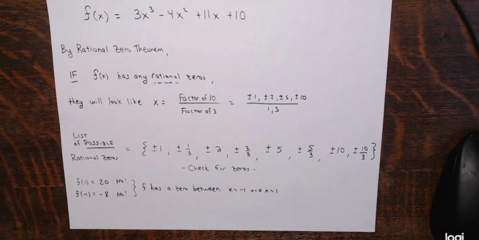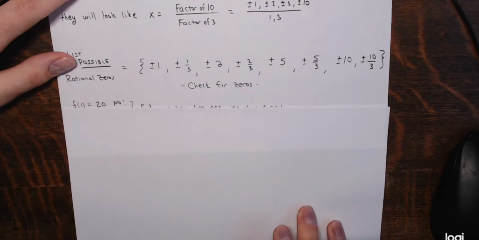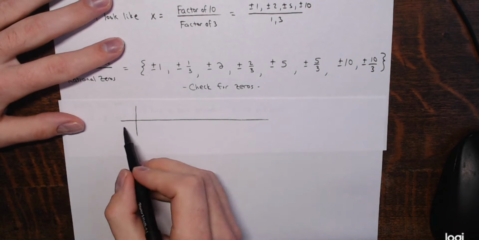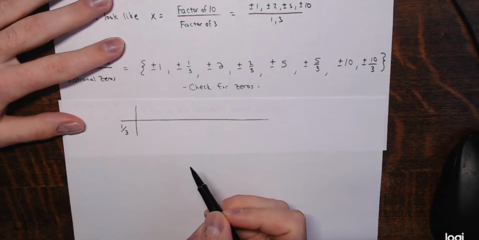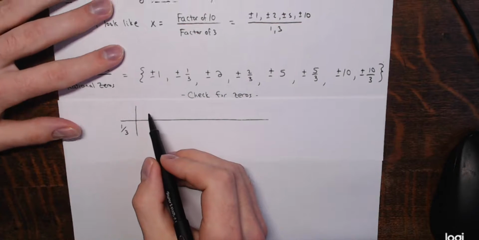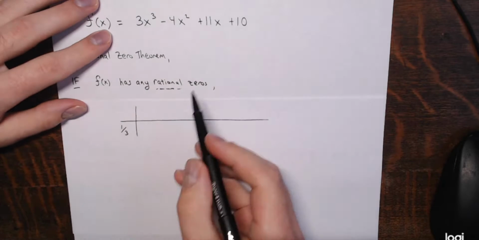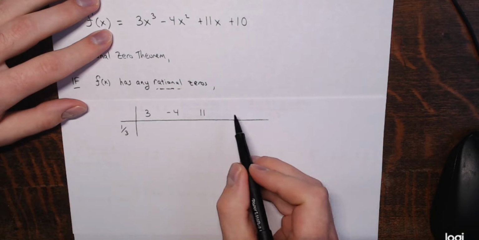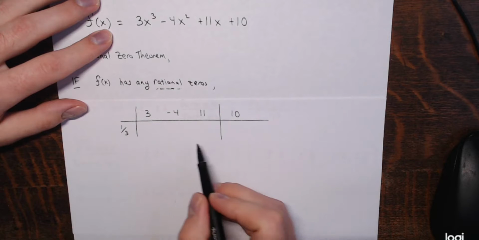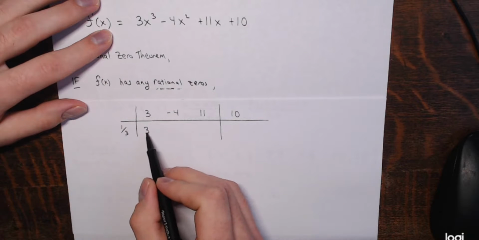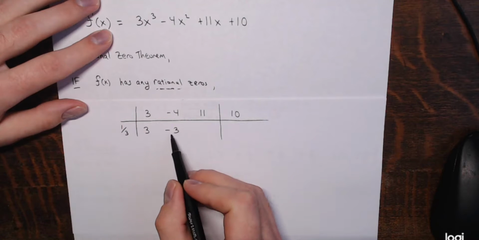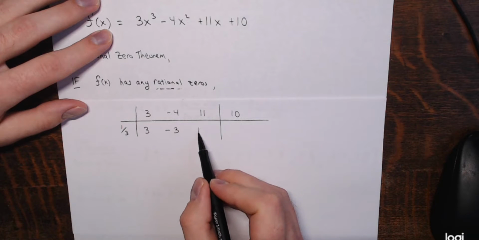All right, so now I'm going to go into synthetic division, and we'll start checking these. So I make my synthetic division symbol here. I'll try 1/3 first, and then the polynomial coefficients up top: 3x cubed, negative 4x squared, positive 11x, positive 10. Drop the first thing. 1/3 of 3 is 1, minus 4 is negative 3. 1/3 of negative 3 is negative 1, plus 11 is 10, and then,